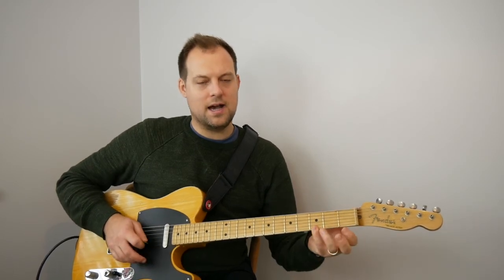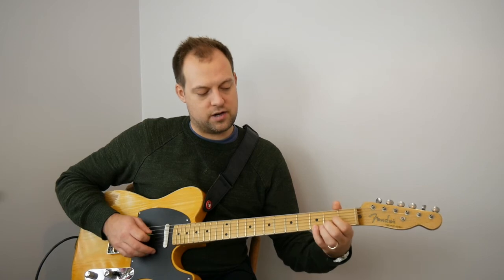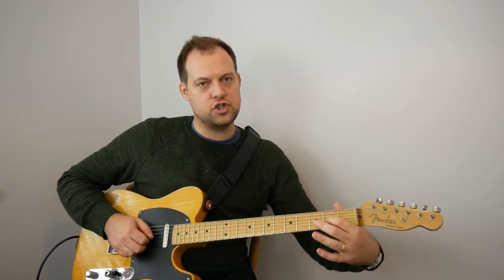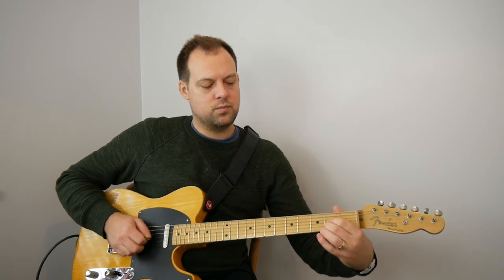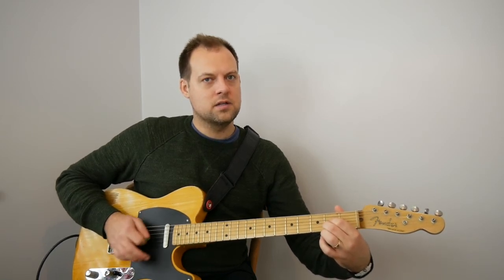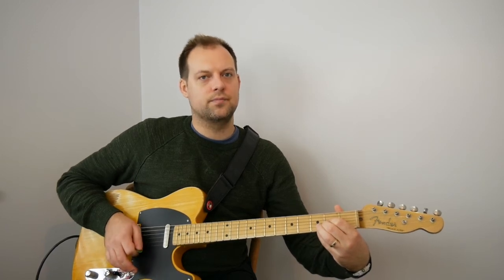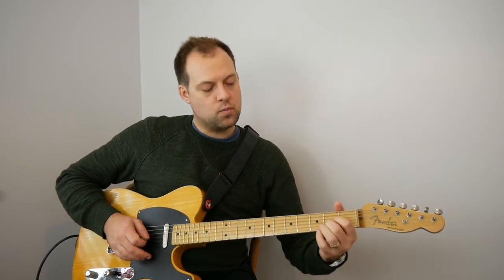And the last thing we add is the 3rd fret of the high E string, so we end up with this A7 voicing basically. So it's 2 on the G, with 2 on the B, now open E on top, 3 on the E on top. Yeah, okay. Then we've played 1 bar,